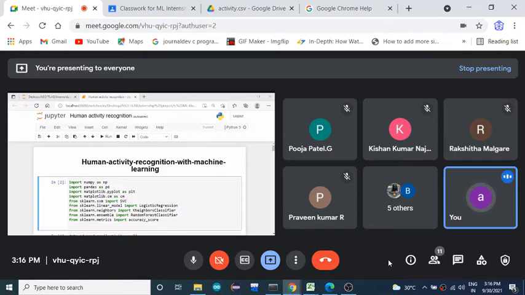Okay, so before that just let me know a few things about what you have learned during the internship time. Then what are all the steps you are going to follow if you want to solve a problem using machine learning techniques? Okay, so if I give you a problem statement and tell you to solve it using ML techniques, ML algorithm, how are you going to solve it? What are the steps you are going to follow?